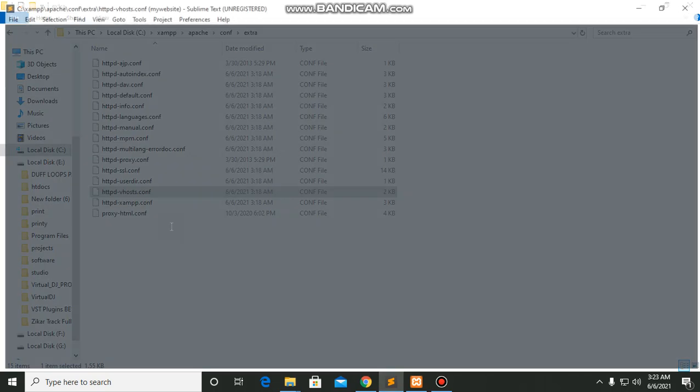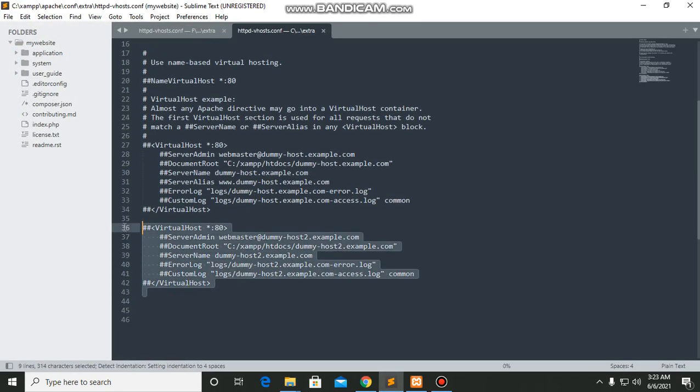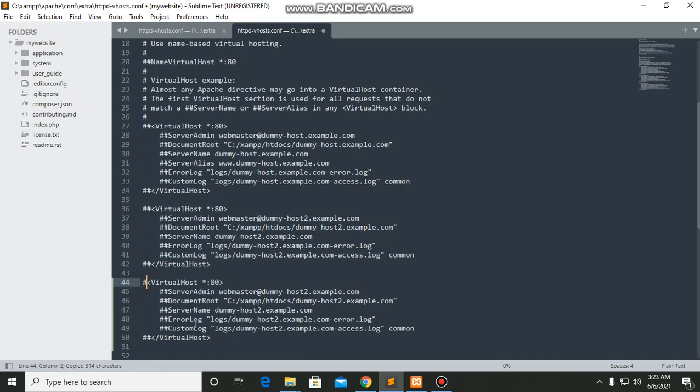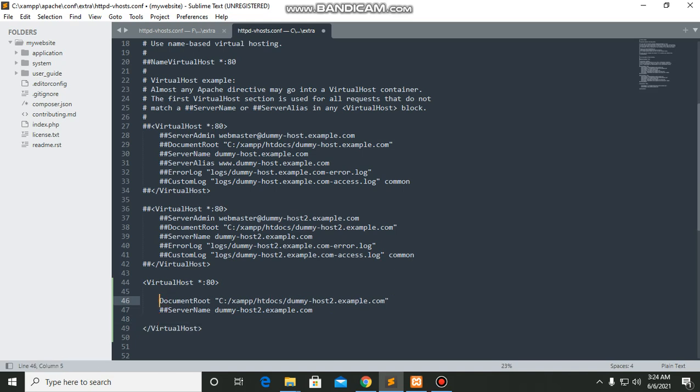Now you have to copy this one and paste it here, and remove these comments from here. Okay, we don't need this like server admin, we just need these two things.